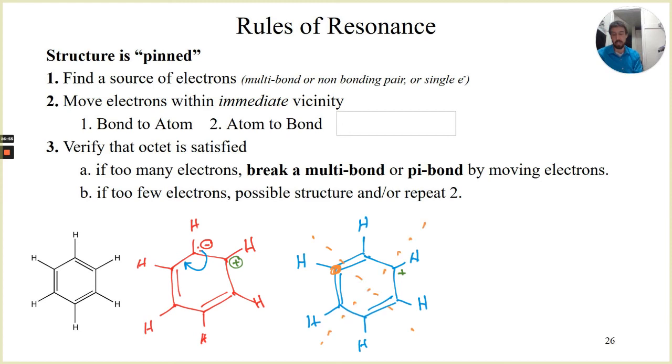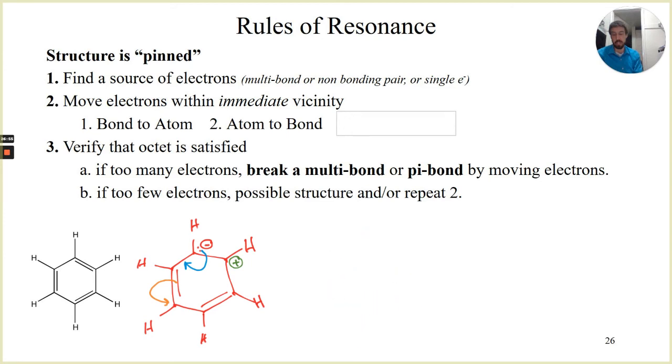We've exceeded the octet. Do we have p electrons that we could move? Well, we do have the p electrons that we just moved in. Well, that would be silly just to put them back because that undoes it. So what we want to do is try something new. Do we have some other p electrons? Well, yes, we do. We can move those there. I'm drawing that arrow on a structure I'm not allowed to have because that's an invalid structure. So what I will have to do is draw that arrow back on the red structure. That arrow has to show up in the red structure because if I didn't have it there, I would be drawing the blue structure and saying it exists, and it can't exist because we've exceeded an octet. The net result,